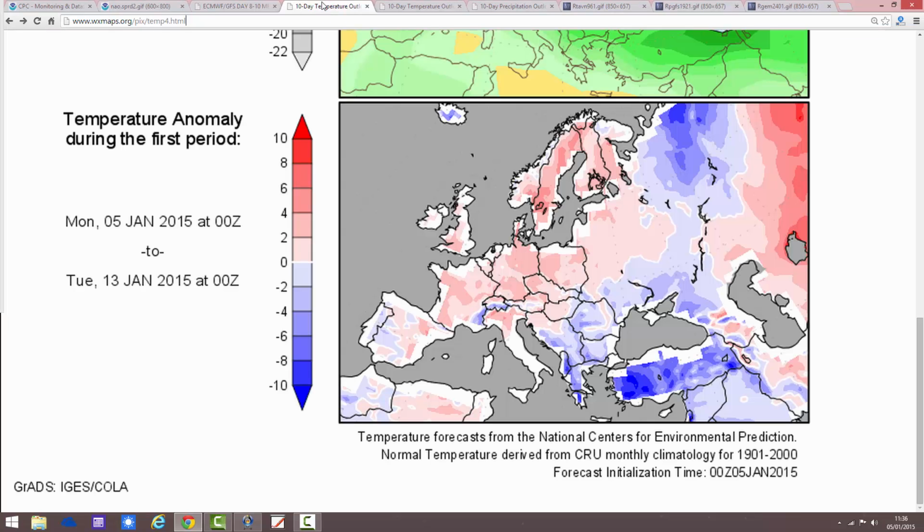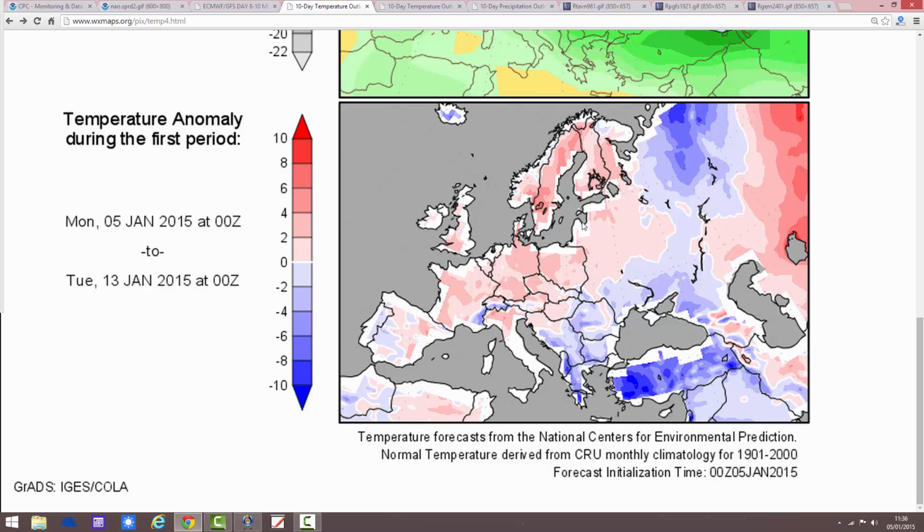If we have a look at the temperature anomaly for the coming week, this takes us from the 5th to the 13th of January. We can see that we're going to be on the milder side of average, so generally quite a mild week coming up. It could turn very mild down in the south for a time, Friday, Saturday, but I think overall it's not going to be as mild as that. That's just a brief window of very mild or maybe exceptionally mild conditions overnight Friday into Saturday, but generally temperature anomalies are coming out around a degree to a couple of degrees above average.